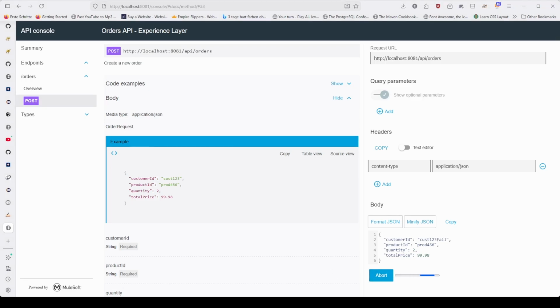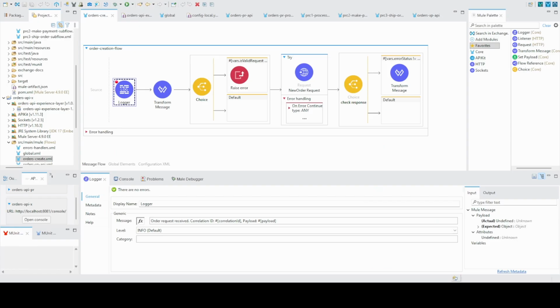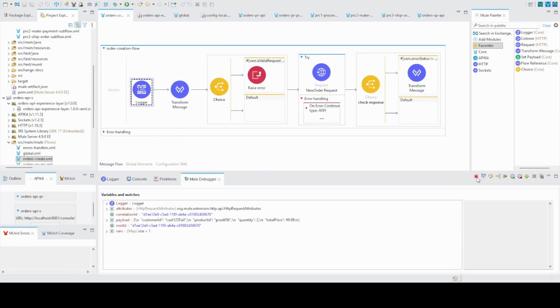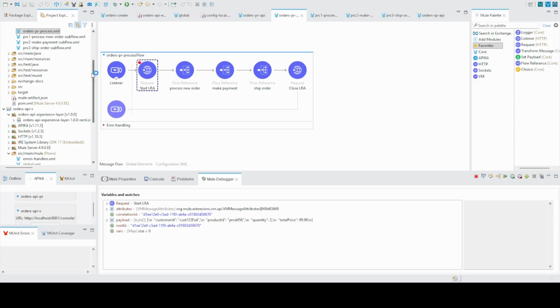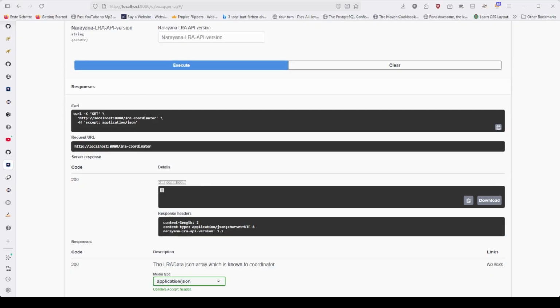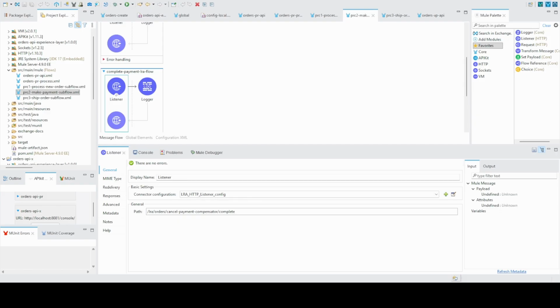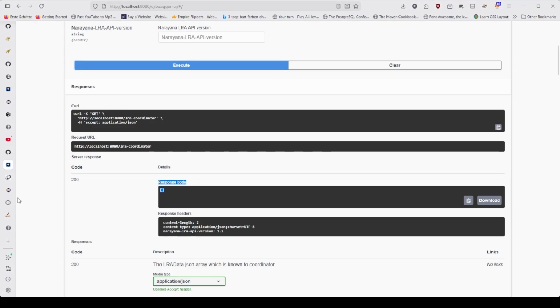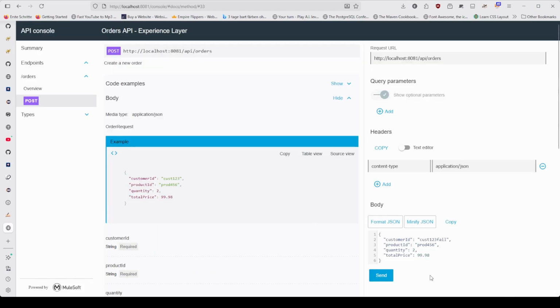So next up, let us simulate a failure case. As you can see, I've sent a request and I have entered into my customer ID field the fail string, which I'm going to use to simulate an error in my process. First thing that's going to happen is I will start a transaction, I will make a payment, then I am going to,